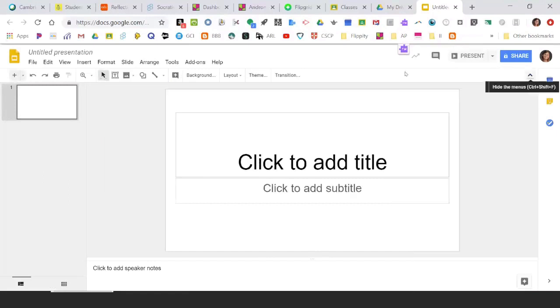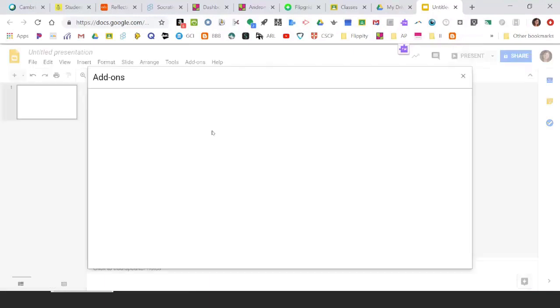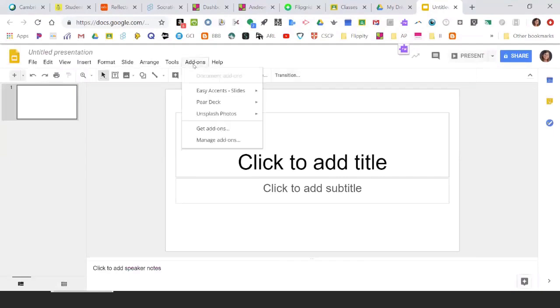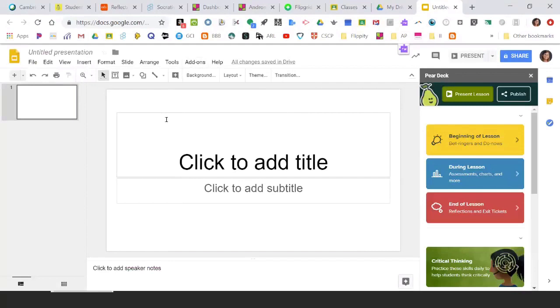And instead of, I'm taking out the themes temporarily, you're going to click on add-ons. If you don't already have Pairdeck, you would just go to Get Add-ons. When you go to the Get Add-ons screen, you will find Pairdeck, and then you will apply it to your Google account. Once it's in your Google account, it's always there. So when I do add-ons, I select Pairdeck, and I open the Pairdeck add-on. And then that allows me that no matter what slide I create, I can always apply some sort of Pairdeck